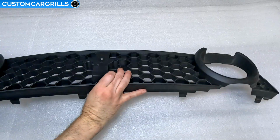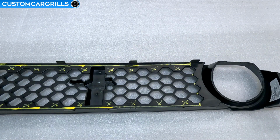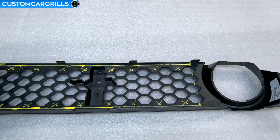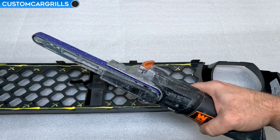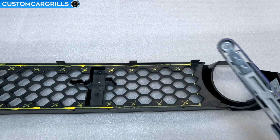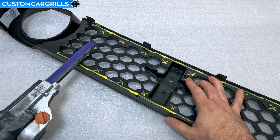If we flip this one around, you can see that the owner already marked out the areas that they want to have shaved down. There's a few different approaches we can try, but I'm not sure how hard or soft this plastic is going to be. Just so that I don't go overboard, I'm going to get out my mini belt sander, otherwise known as a Bandfile. I've got this equipped with a 3M Cubitron belt of the 36 grit variety,